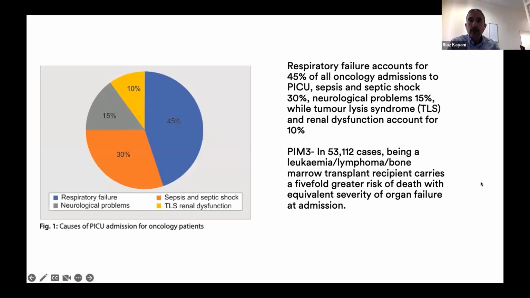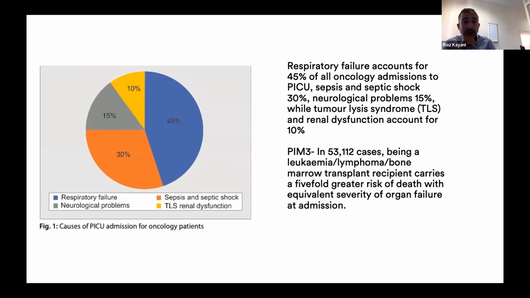Predominantly, those patients present with a respiratory cause. About 45% of patients who come to the ICU are coming with some respiratory element. Next comes sepsis and shock, about 30%, and neurological problems and tumor lysis make up pretty much the rest of it. And with those patients who have a pure oncological diagnosis pre-bone marrow transplant, as I said, the